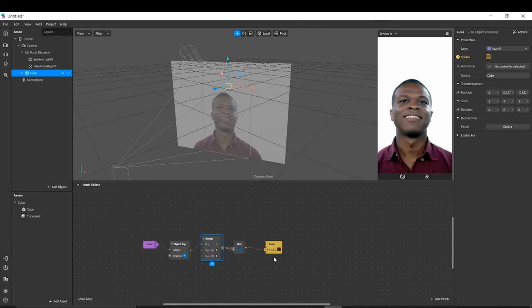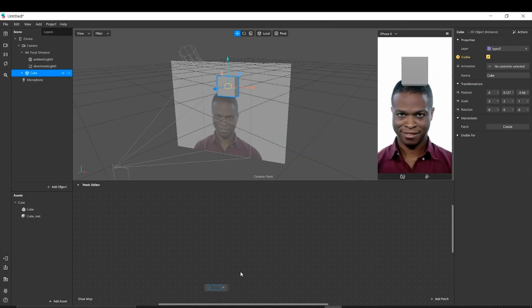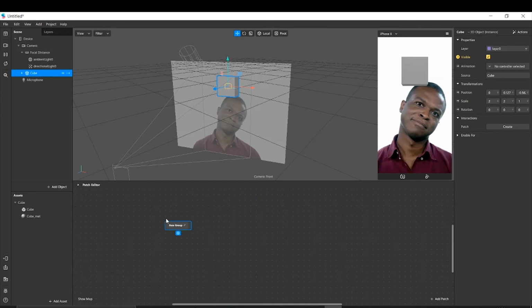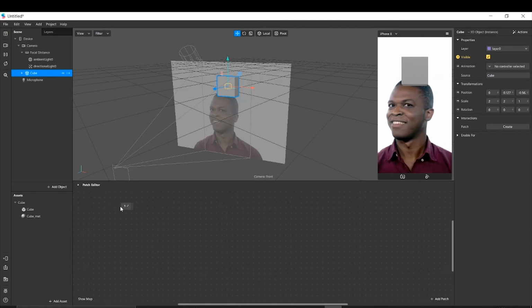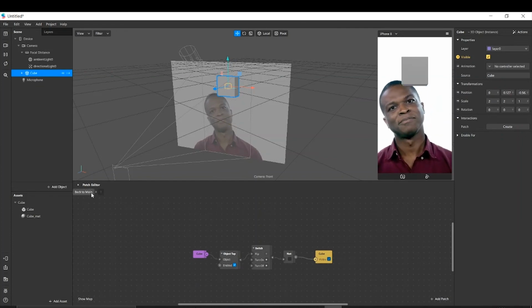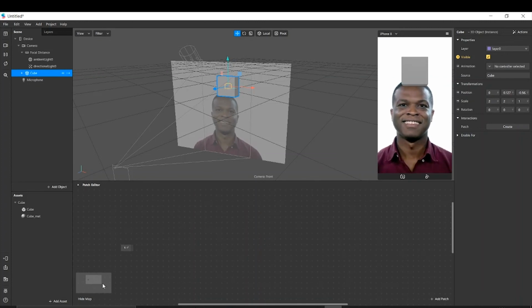This is just a small idea we have written, but normally there are lots of patches and it just becomes a mess. So we have to basically select them and group them. And when we group them, see now here it's visible. We can name it afterwards. We can name it 1. So we have a lot of patches and we group them and name them, so it becomes easy. Then you can just explore inside a group by clicking on it. There is an option show map here, which shows where all your group patches are located, because the patch editor is very long and very wide, so they can go anywhere.